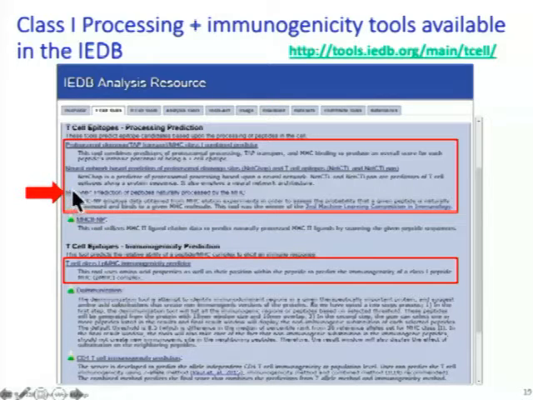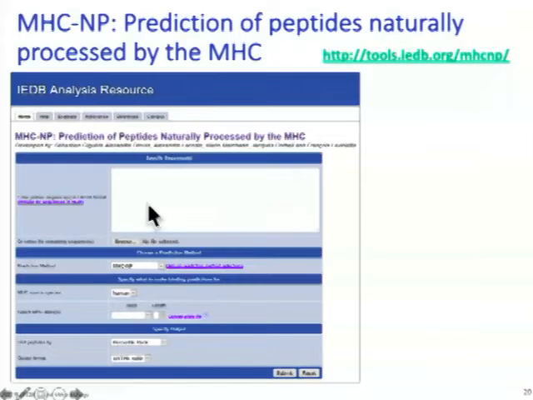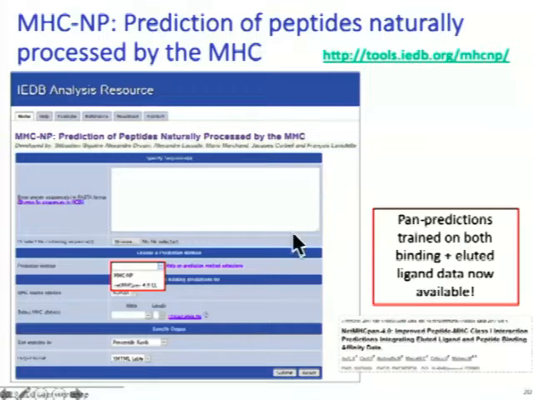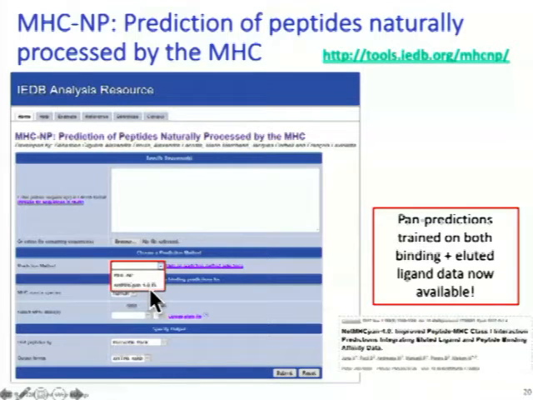What we would recommend is this MHC-NP algorithms, where actually I noticed we screwed up in that there's now 2 tools available through this. This is specifically for predicting eluted ligands, and it's an example for tools that we are hosting from a Canadian group that have asked us to host this. This was a well-performing tool in a benchmark data set, and we have now through the same interface here, we are using the NetMHCpan 4.0 EL algorithm. That is what Sinu showed you is the best performing T-cell epitope prediction algorithm that we are aware of, and this is essentially using